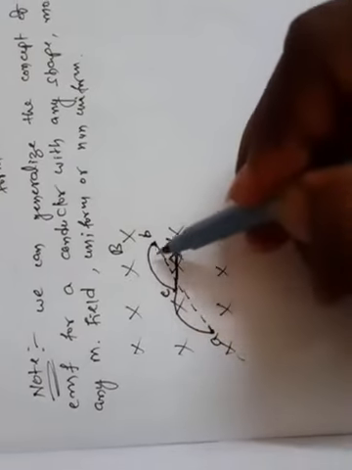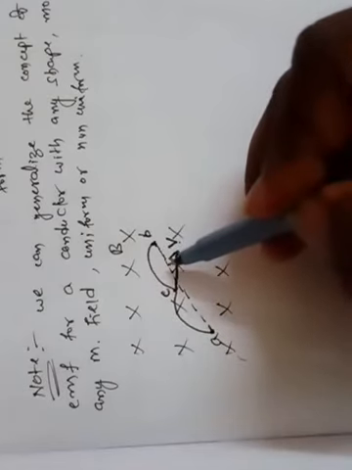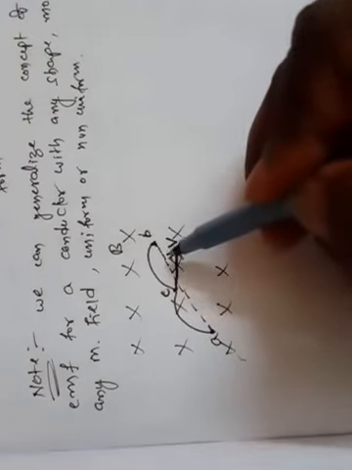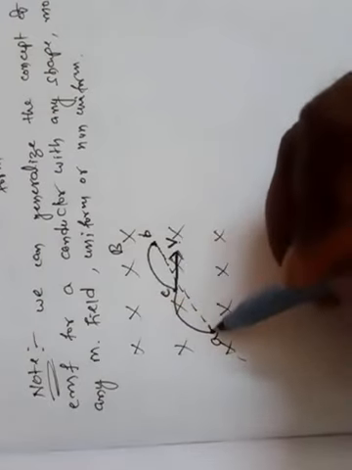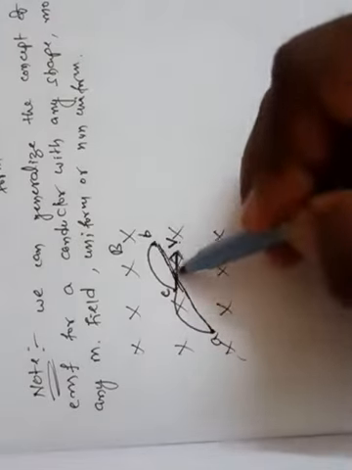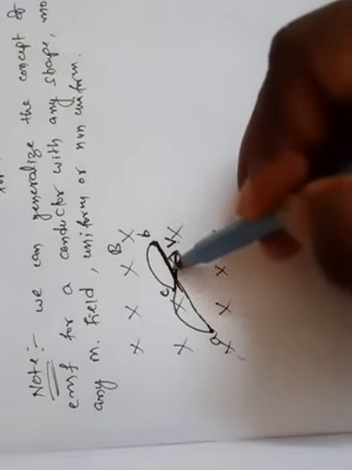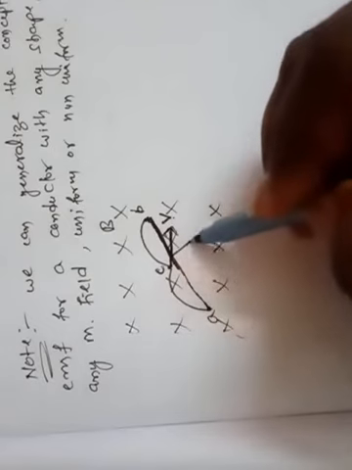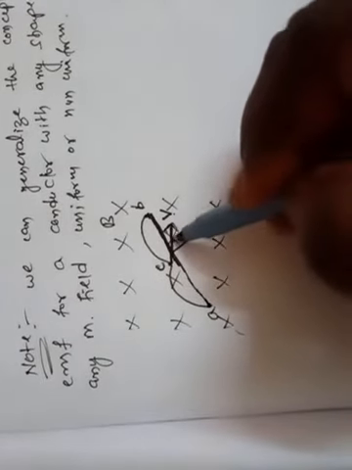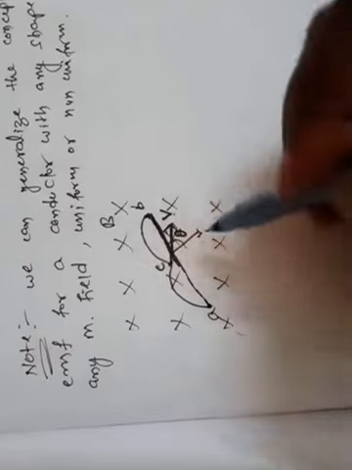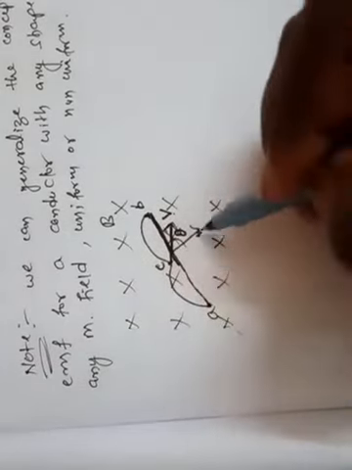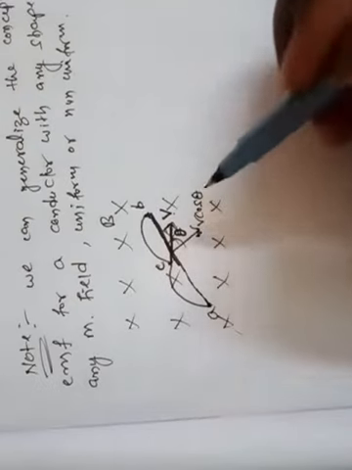This means instead of taking the total length, we can get the same induced EMF by taking the effective length between the two free ends of the conductor which is moving in the magnetic field. So directly we will take this length. Here this is the velocity component V, and we should take the perpendicular component. Let us consider this angle is theta, and the component perpendicular to this length and the magnetic field is V cos theta.